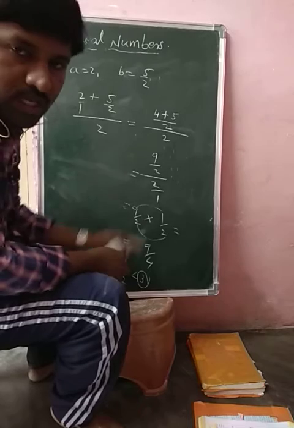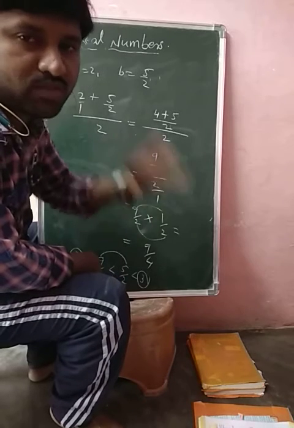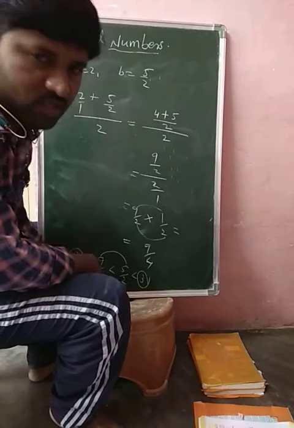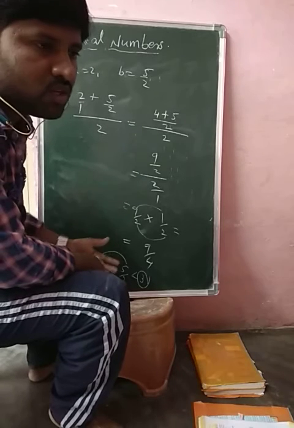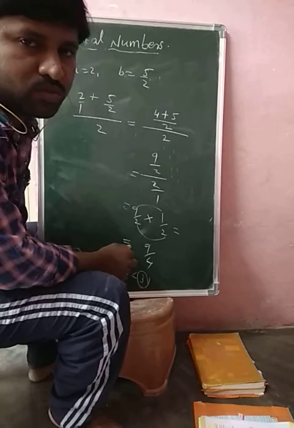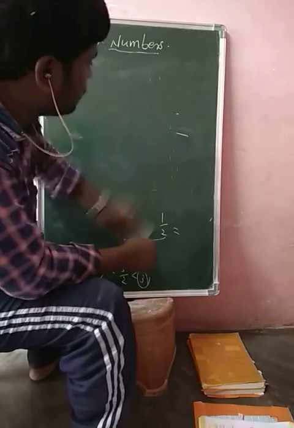Now clearly we know in between two rational numbers there exist infinite rational numbers, but here our question asked only to find 2 rational numbers. Then if you want to find more rational numbers, what should we do? Then we can use the alternate method also.